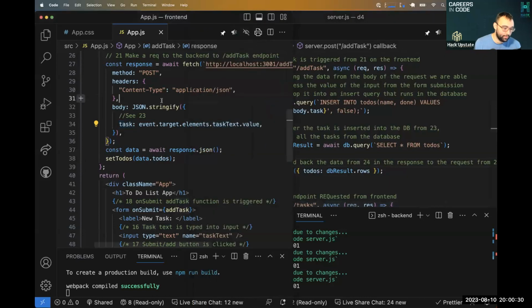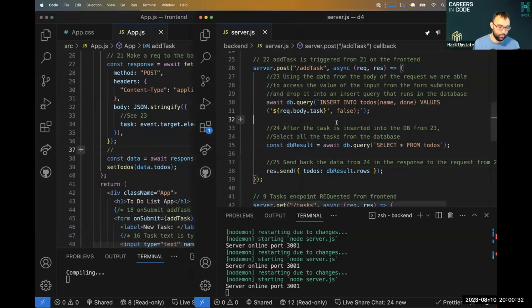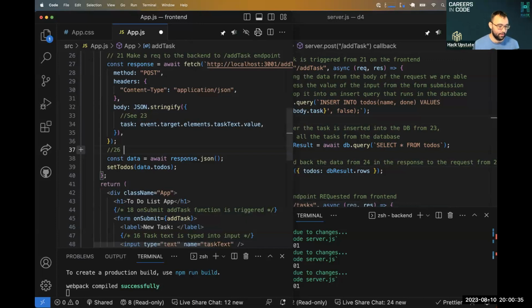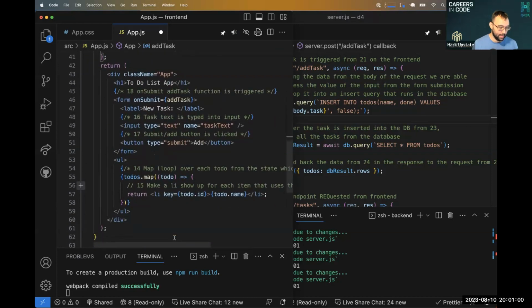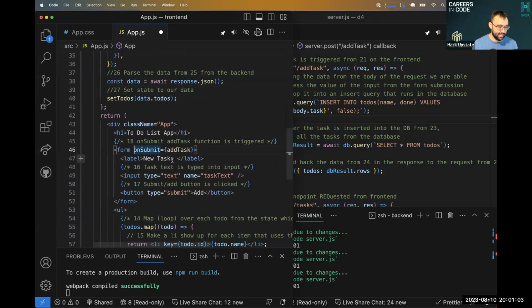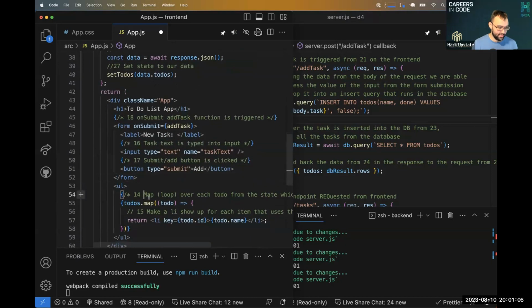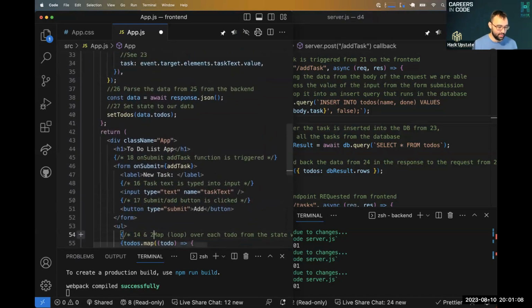We come all the way back to our front end. We 26, parse the data from 25 on the back end, from the back end. 27, set state to our data, and then we come down here and we say 14 and 29,